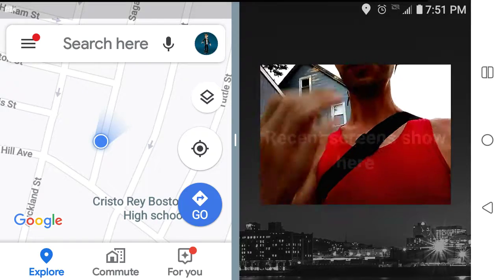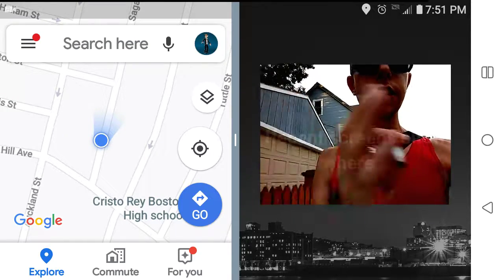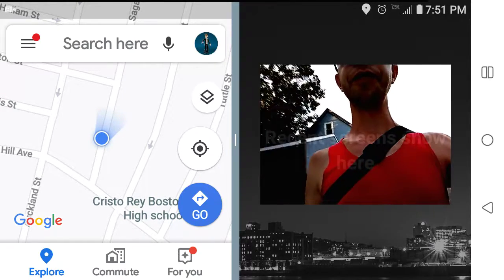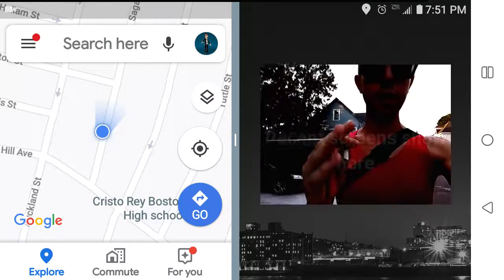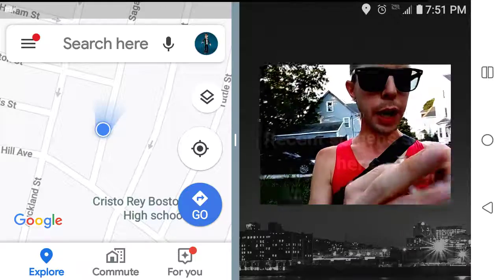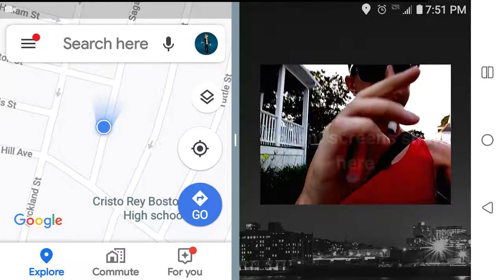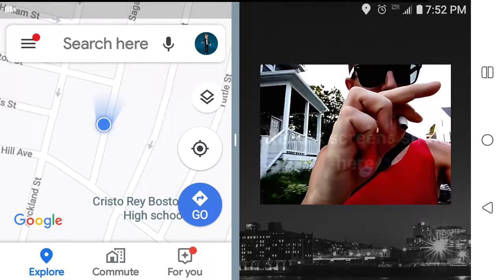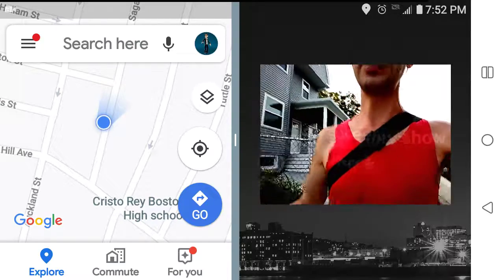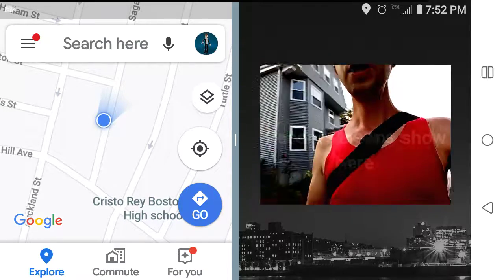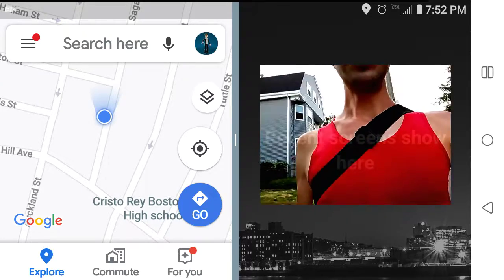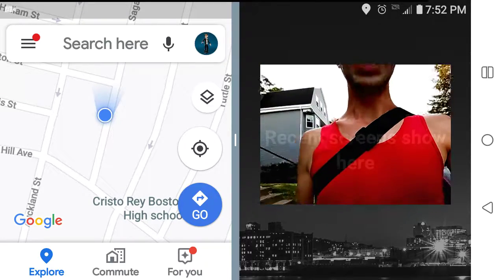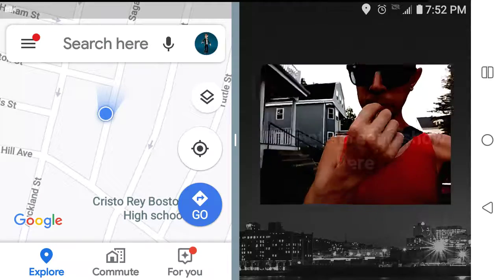Now, in a horizontal view, you have more options to be able to see multiple apps. That button right here, that's my multitask button. I didn't have that on other phones. When you pressed it once, it showed you the recent screens, basically any background app or